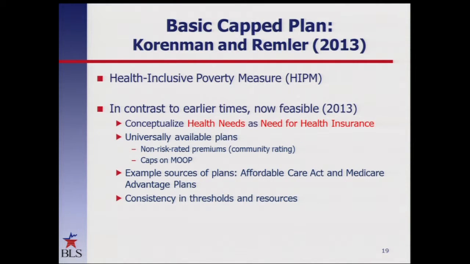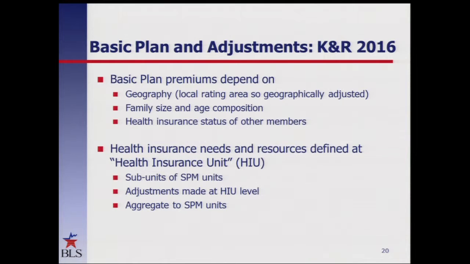Okay, another approach is the health inclusive poverty measure that Dahlia and Sanders came up with. I mentioned these a little bit. They talked about the idea in their 2013 National Bureau of Economic Research report. And then in 2016, they actually went through an implementation of this with Massachusetts data. And they do it, though, for units where there's no one greater than or equal to 65.